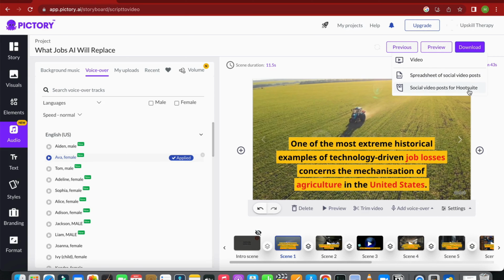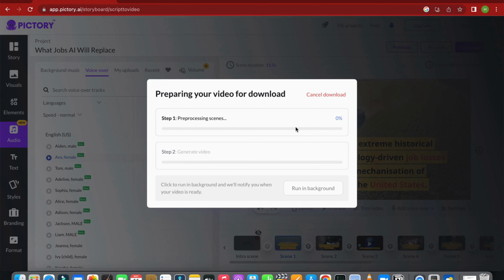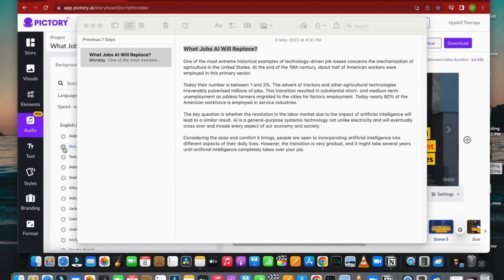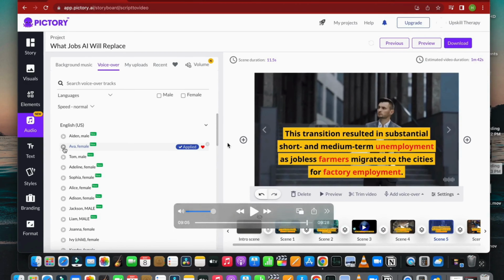if you have Hootsuite, then you can export it that way as well. So I don't have such, so I will just click on video and let this video be created by Pictory, and it will automatically be downloaded. One more thing, if this is taking some time, don't worry, you can simply minimize it and continue with your work. Rest of the thing will be taken care by Pictory,